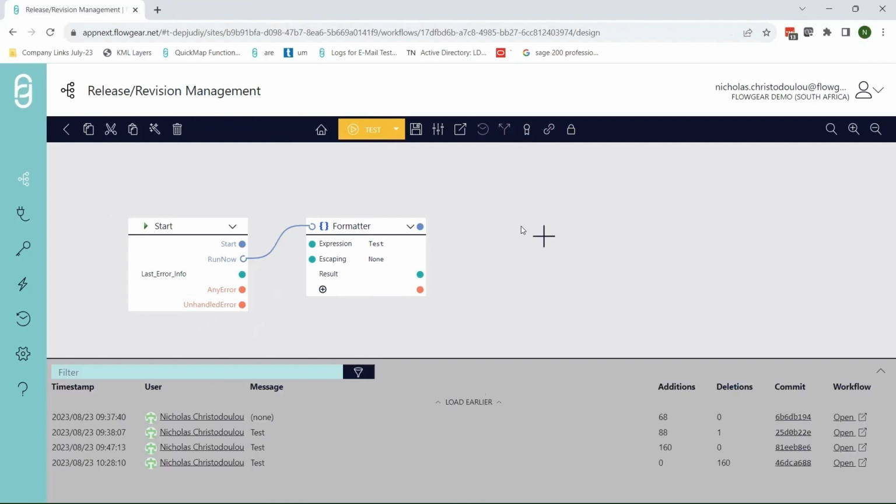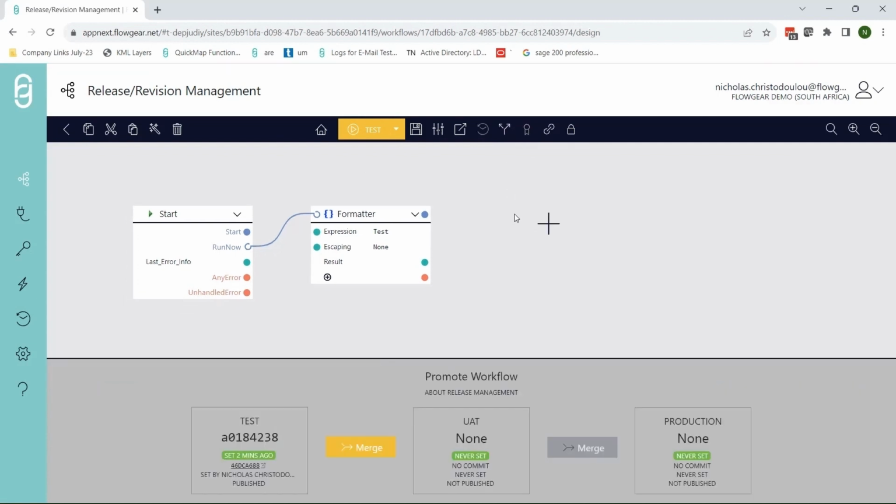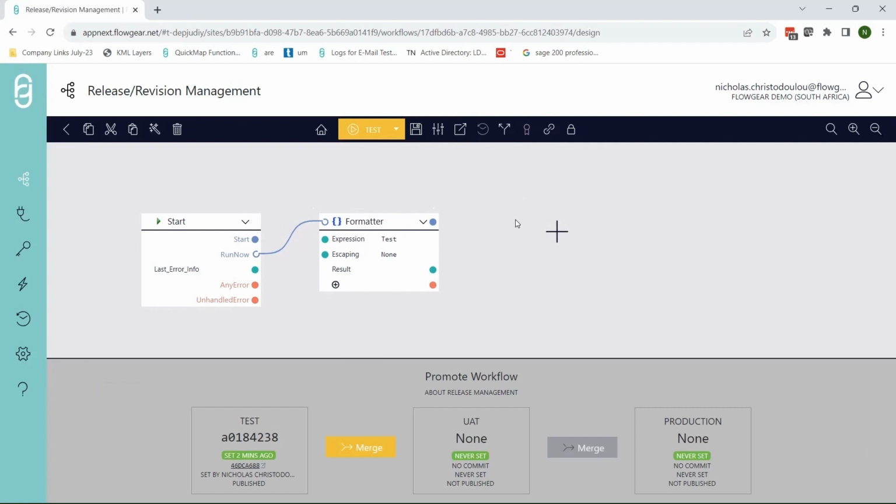The last feature I'd like to touch on is release management. You can find that feature by clicking on the promote workflow button over here. And what this brings up is a UI which allows you to merge your test into your UAT and eventually in production. Effectively, what this means is when a save is made, which I will do now,